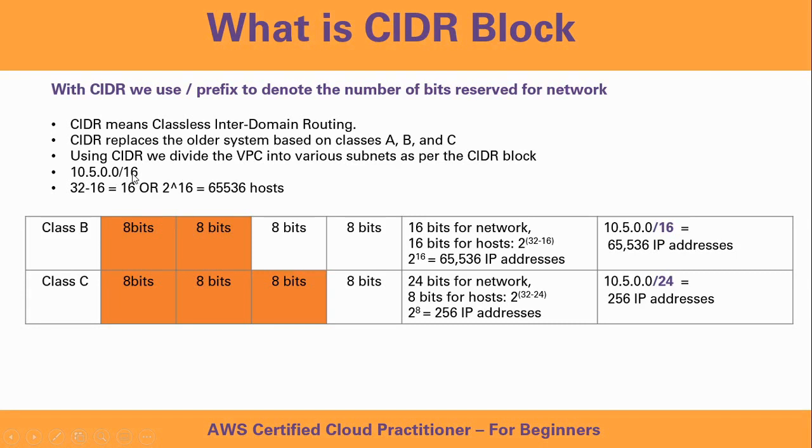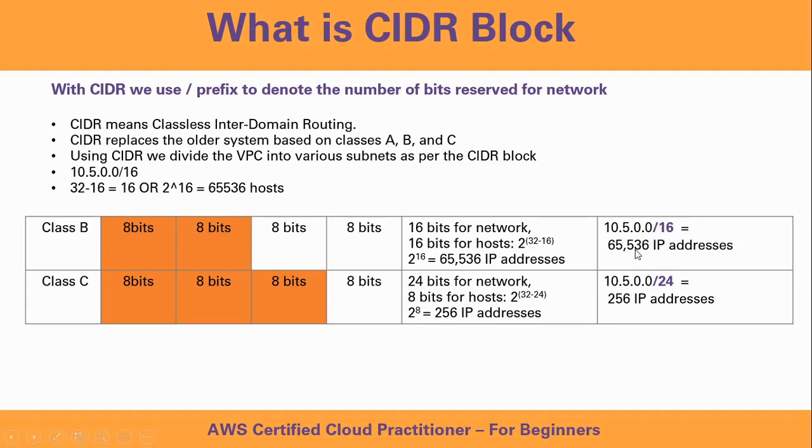10.5.0.0/16. What this means is that the first 2 octets are reserved for the network, and the remaining 2 octets of 8 bits each are available as IP addresses or hosts. So 32 minus 16, which is 16, or 2 to the power 16, represents the 65,536 hosts. So, same as class B, instead of mentioning class B, we use the CIDR block range to state that our virtual private cloud would have